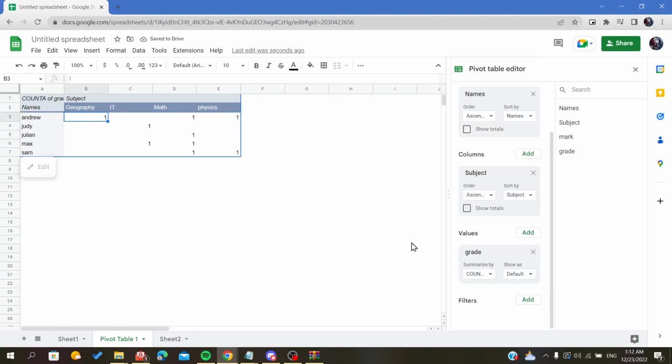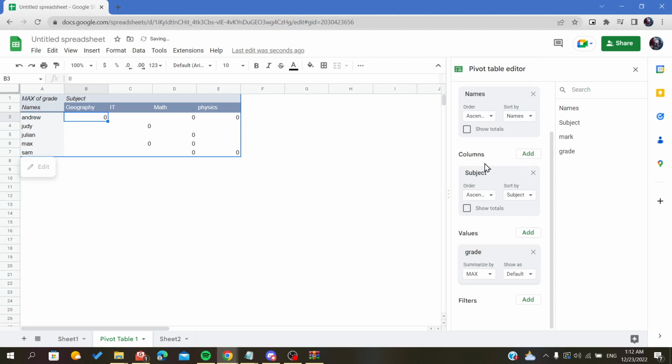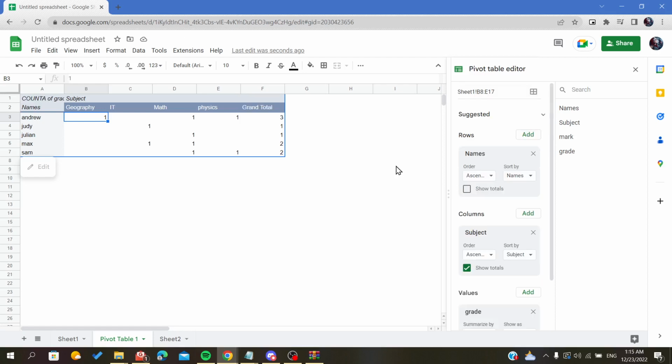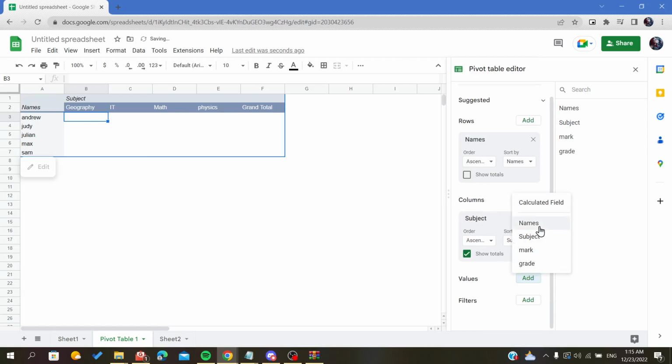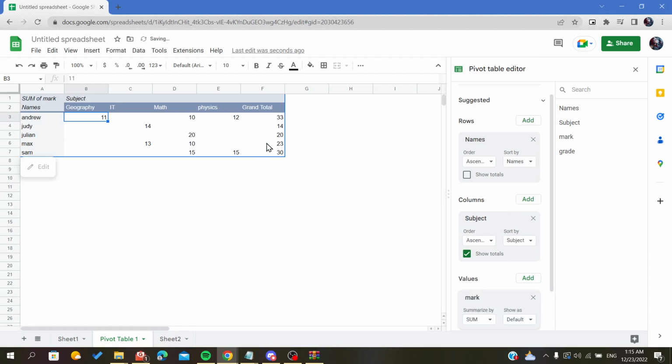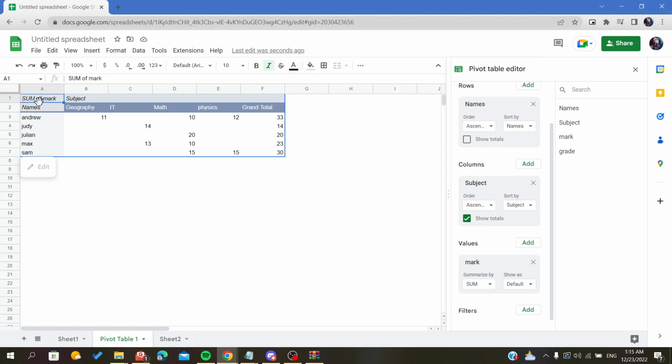Normally the grades are not counted, but we want them as text. Of course it won't show the grades because the grades are not numbers, so we need just numbers in the values. For example, here in the marks, as you can see, as we did before,